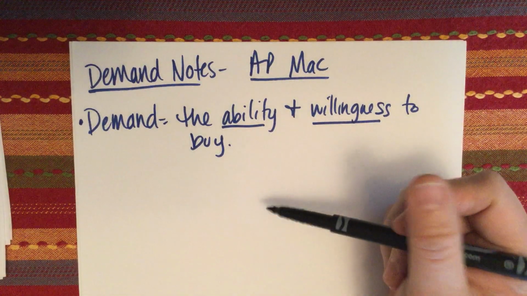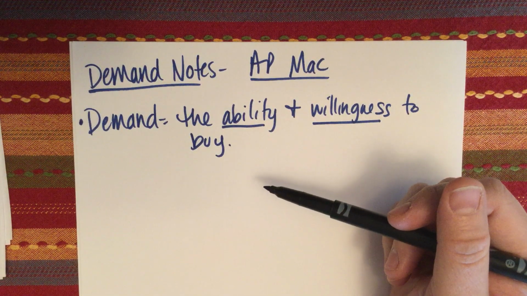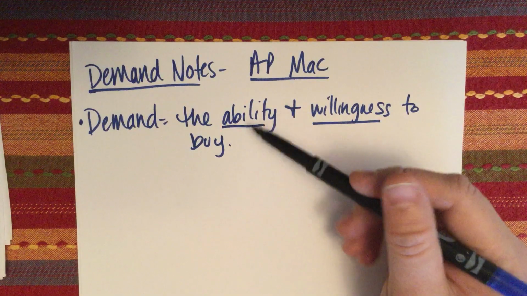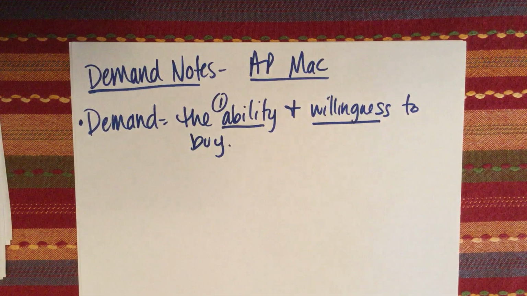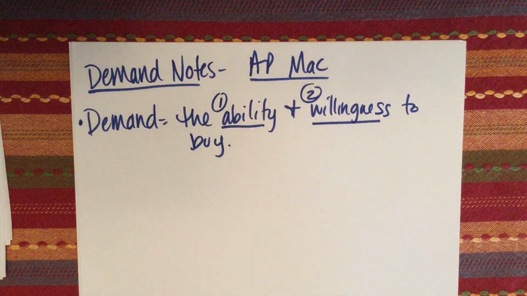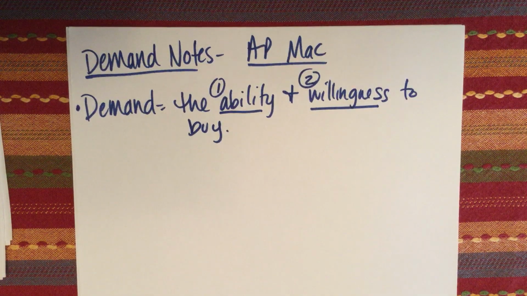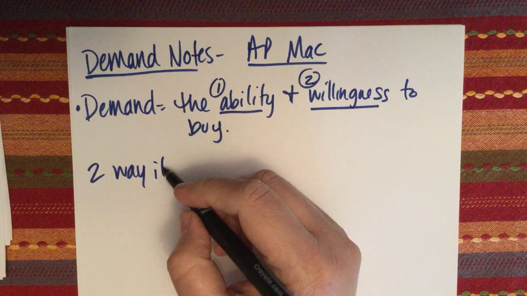Okay, so in order for us to allocate resources, for something to belong to us in our economy, you have to be able, number one, to pay for that item. So if you don't have the money, then that good is not allocated to you. If you can't afford that item, then that good is not allocated to you in our market. You also have to be willing to pay the price that's prevailing in the market. When those two things are evident, then you are in demand of that good.